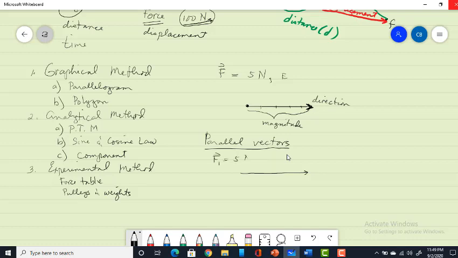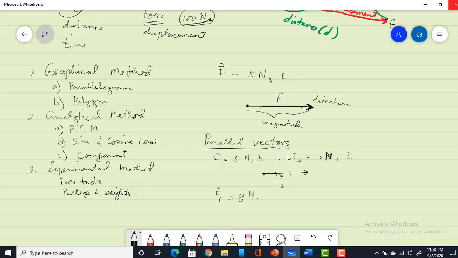Example, if F1 is equal to 5 Newtons eastward, then added to another vector F2, plus 3 Newtons, still eastward, going east. So this simply means that you are to add the two directly. Since they have the same direction, this is our F2, and this vector is our F1 for our example. So therefore, the resultant F is simply you add 5 plus 3,